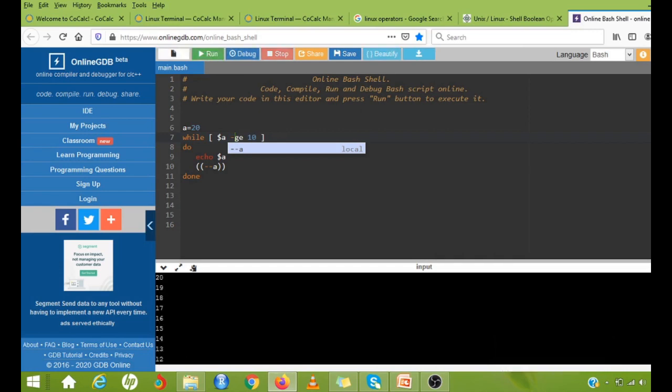So we get a value from 20, 19, 18 in descending order till a value is not greater than or equal to 10. So when it becomes 9, control comes out of that.